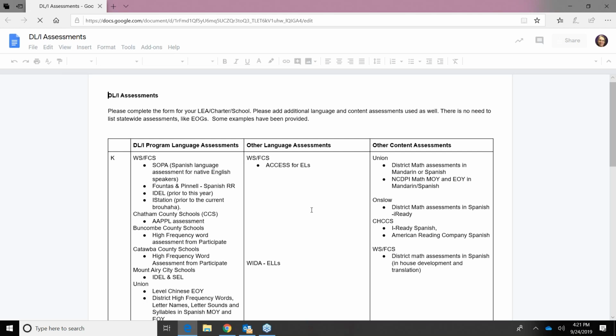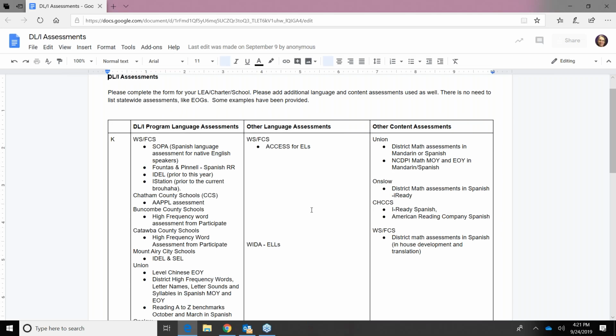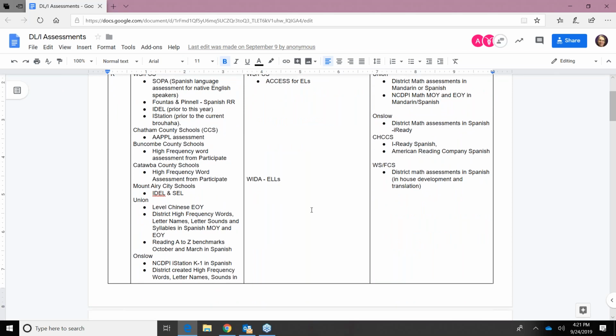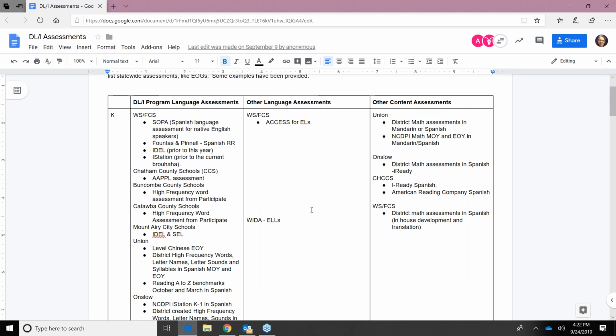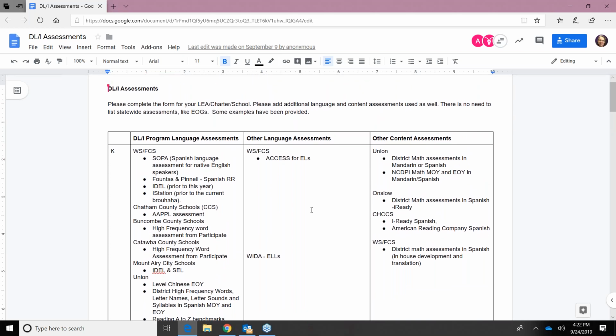Now, that's something that we also brought up with our DLI advisory board, and as you know, they're a representative group from across the state, K-20, on our many DLI programs, and advised us in general across the state on how to best meet the needs and answer the questions that come up in DLI programs. And so one of the things that they've been looking at is DLI assessment. So you'll notice on this, from their last meeting, we had asked members from various districts of the DLI Advisory Board to go ahead and list by grade level the different kinds of program assessments they're using.